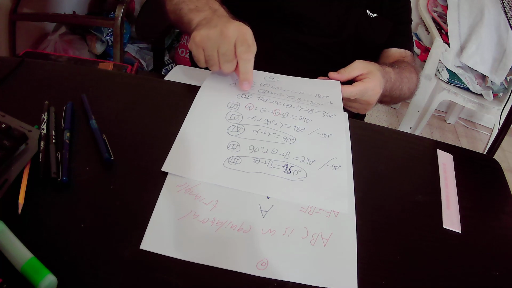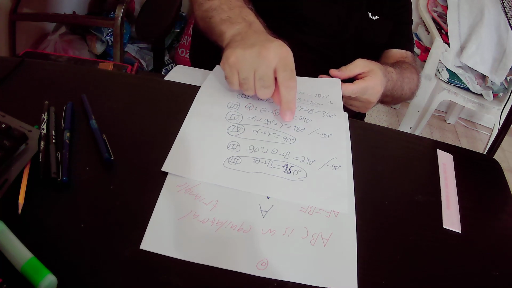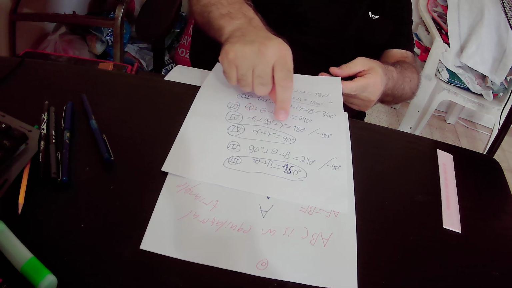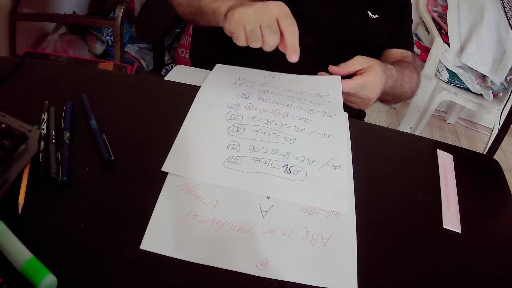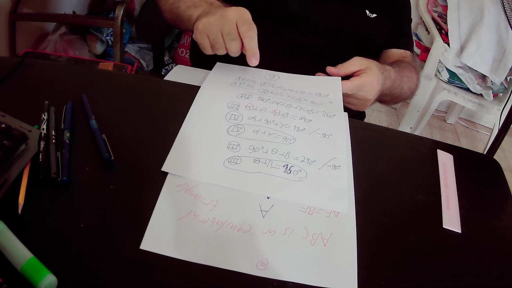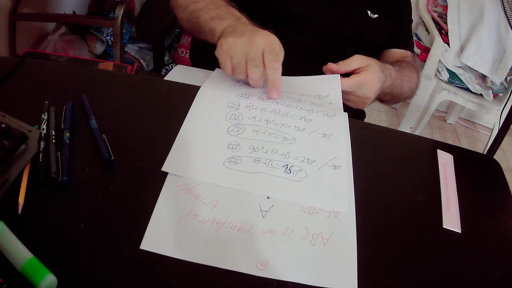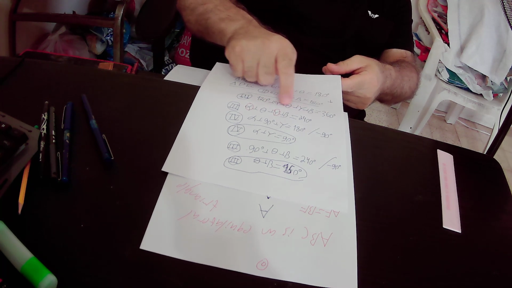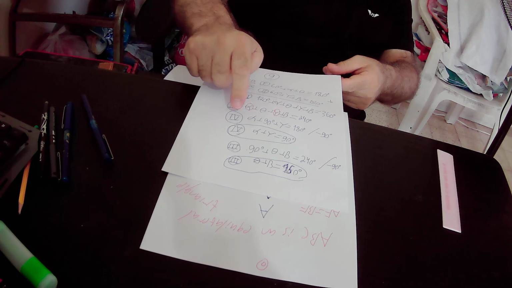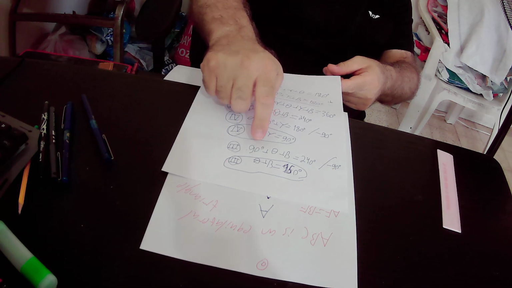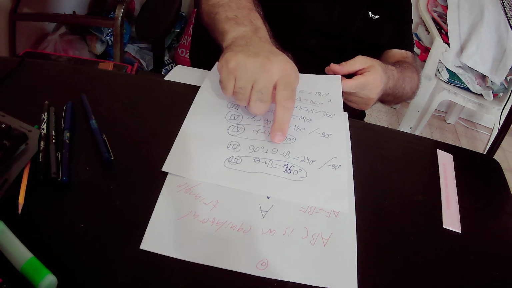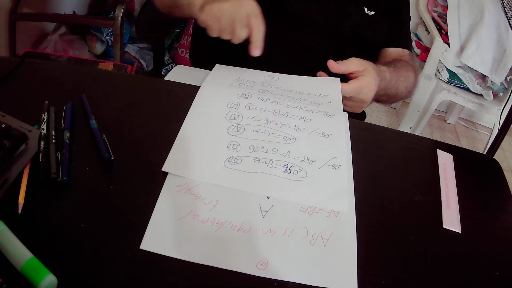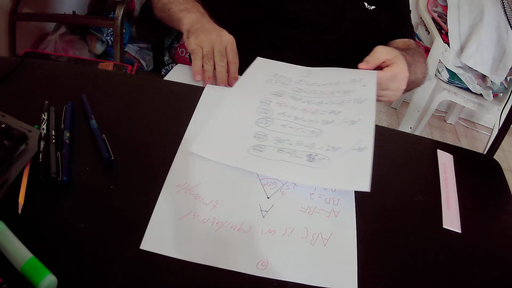So we can substitute alpha plus gamma by 90 degrees in the third equation, and we got that theta plus beta equals 180 degrees, and